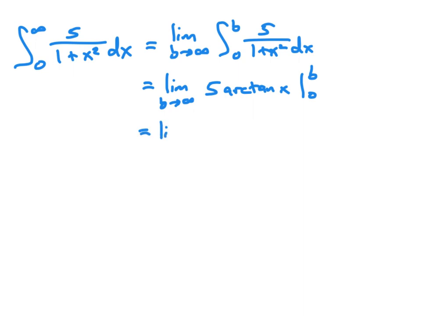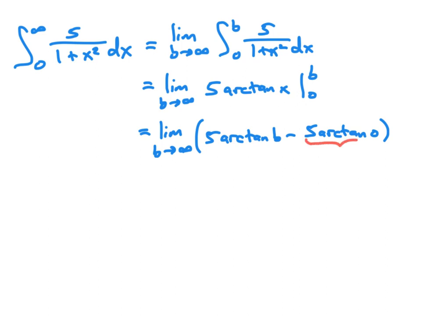And substituting those values in, we're going to get the limit as b goes to infinity of 5 arctangent of b minus 5 arctangent of 0. Now we know this second term, 5 arctangent of 0, is going to equal 0 because the arctangent of 0 is equal to 0. And so what we need to do is figure out the limit of the first term,